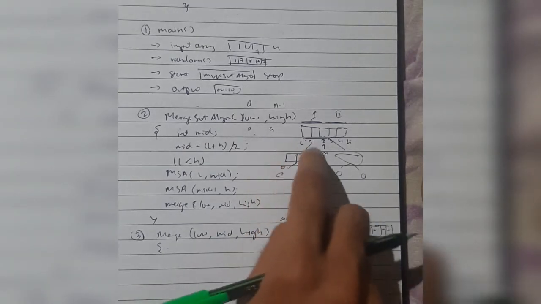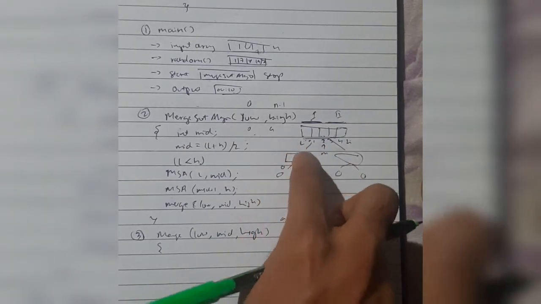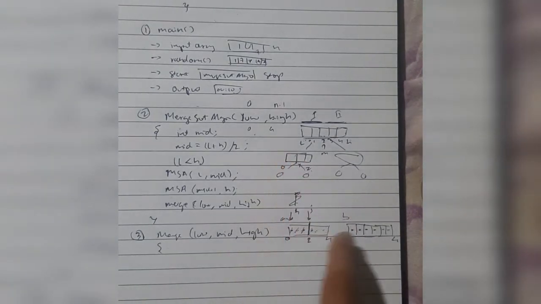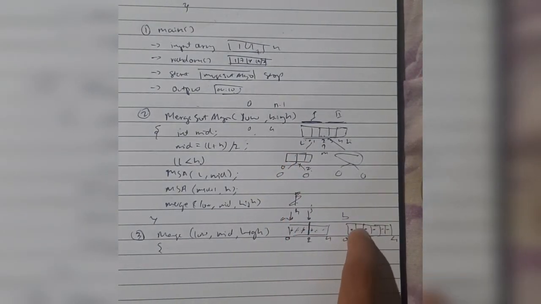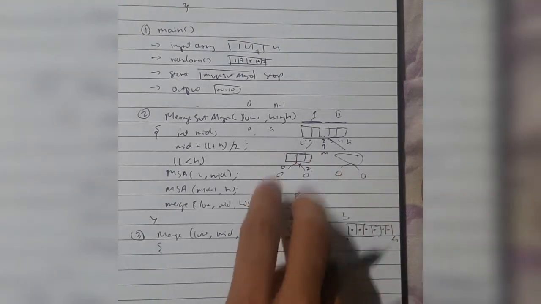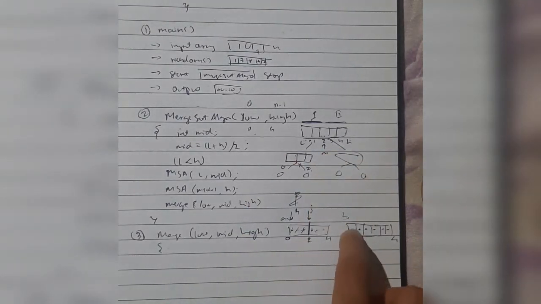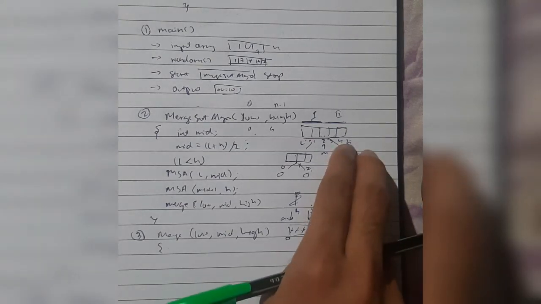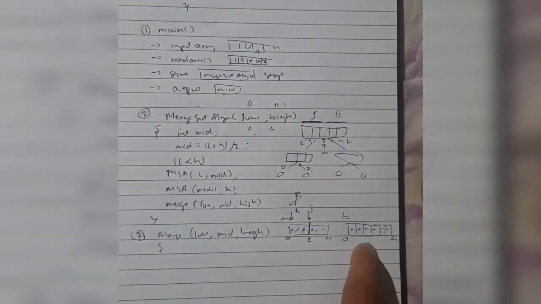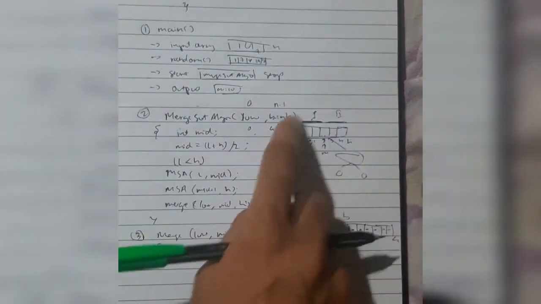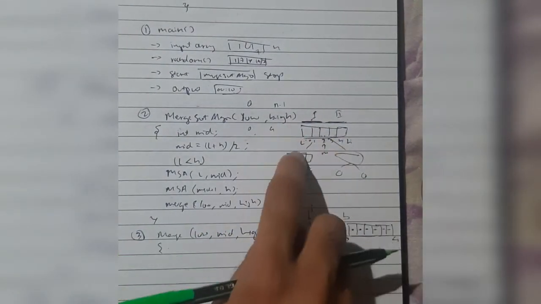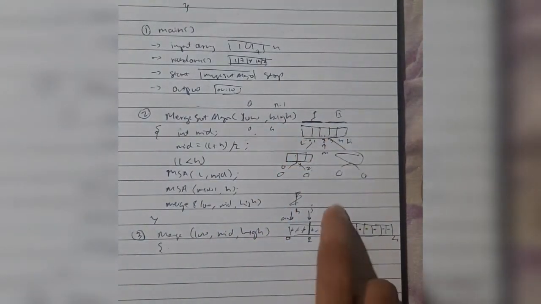Then again we'll apply the same principle, so that again we'll be doing the same thing here. In this array we'll be checking and arranging in ascending order. This one will be here, the same thing we'll be doing here. These two arrays, which are individually in ascending order, will be combined. Then this one also we'll do the same thing, and these both will combine again until we reach the main array. So the main array finally will be in ascending order using this principle.